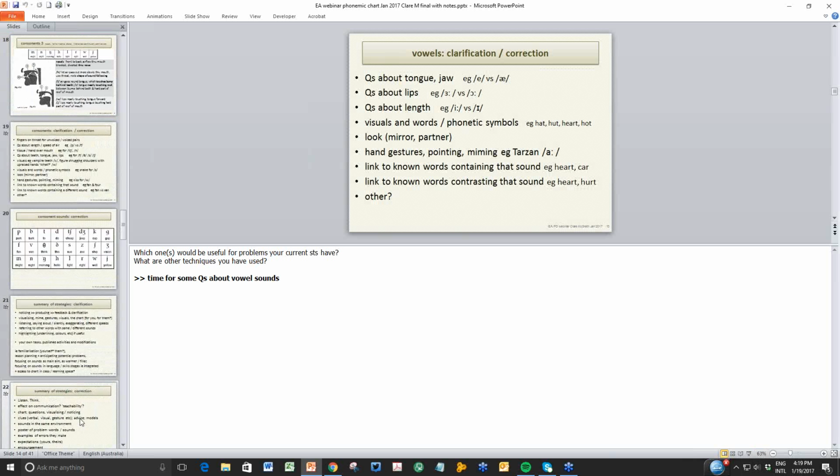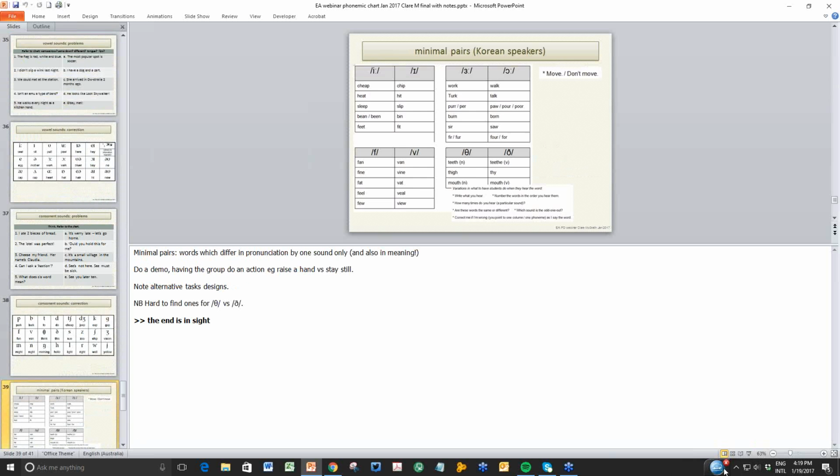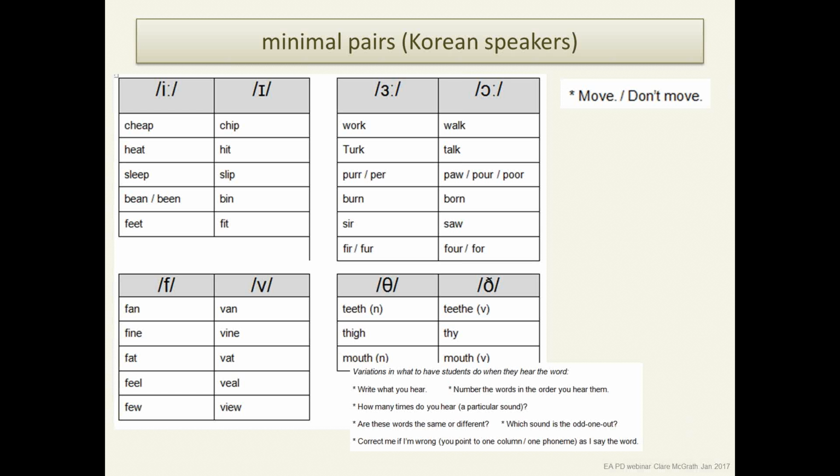But with the minimal pairs, getting them to just listen, and they move if they hear one from, say, the left-hand column, and they don't move if they hear one from the right-hand column. Be careful with pronunciation activity books. There it is. They often say, put your left hand up if it's in the left column, put your right hand up if it's in the right column. If you think about it, as a teacher, you're faced with these people with a sea of hands and you can't tell what's going on. So getting them to move if they hear, for example, teeth, and not move if they hear teeth,